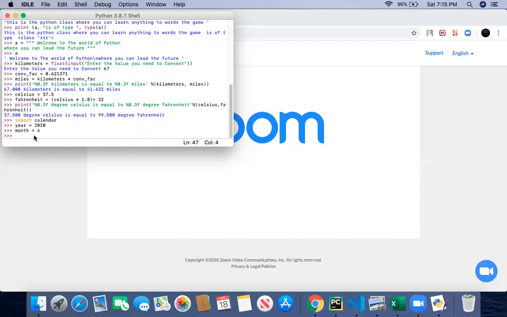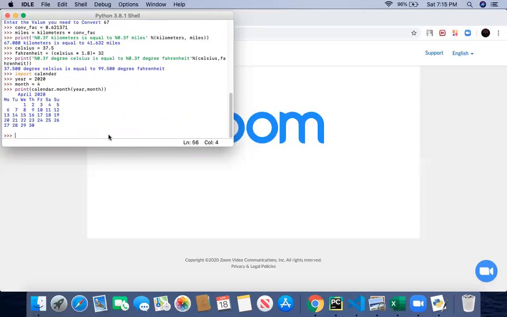So just what you have to do is print calendar dot month, which month you need to print. What month you need a calendar of, and then year, comma, month. So here we are dealing with the 2020 calendar, and the fourth month of 2020. Here we go. Okay, bracket. Here we go. April